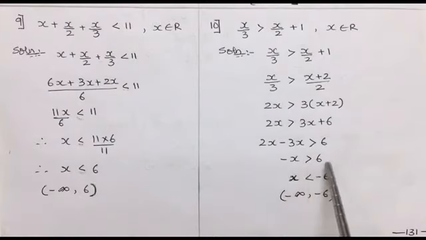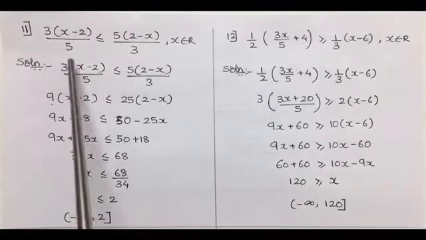So minus x is greater than 6. Now to make the coefficient of x positive, we will shift the negative to the other side. And as the negative is shifted to the other side, the sign of inequality will change. So shifting the negative with 6, we get x less than minus 6. Now if x is less than minus 6, it takes all the negative values towards the left of minus 6. And as the equality sign is not there, we need to express it in terms of an open interval, minus infinity to minus 6.